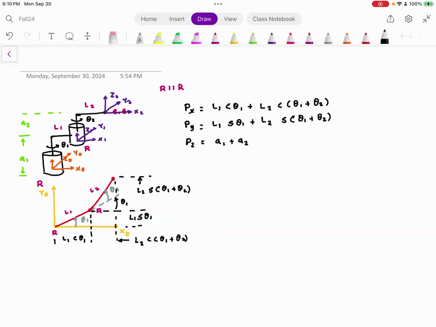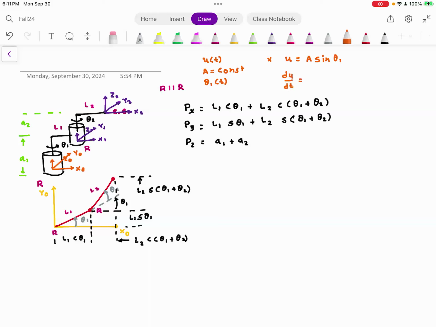But I want you to understand the derivative is going to be with respect to time. Please note L1 and L2 are constant. Theta 1 and theta 2 are also dependent on time. What it means is when I take the derivative, I will have to use the UV rule. Let me repeat this once again. So a side note: imagine you have U equal to A sine theta 1, where U is a function of t, A is a constant, and theta 1 is also a function of time. Then if I take the derivative, du by dt